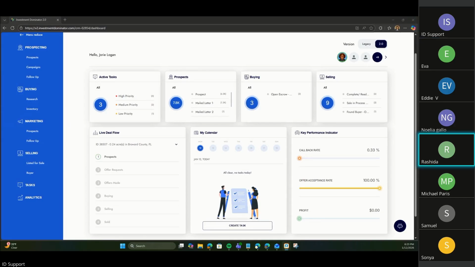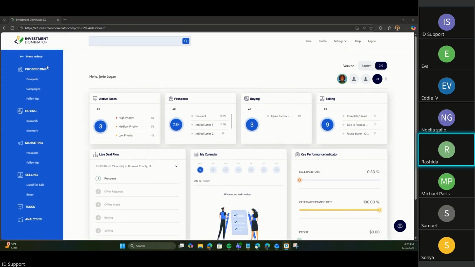Good evening, Jory. Thank you. I wasn't sure if you were talking to me. I wanted to ask you, I have a prospect in my Dominator that has no name, and so I did make a support ticket, and the support person told me that it's possible that it's spam. I did get the APN number and other information, but there's no name, and the value of the land is zero. So they said that they try to keep spam out, but it's possible that it could be spam.